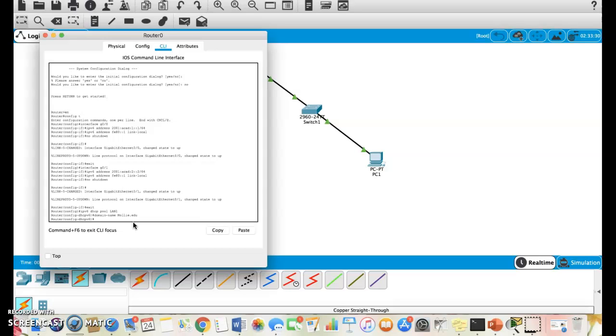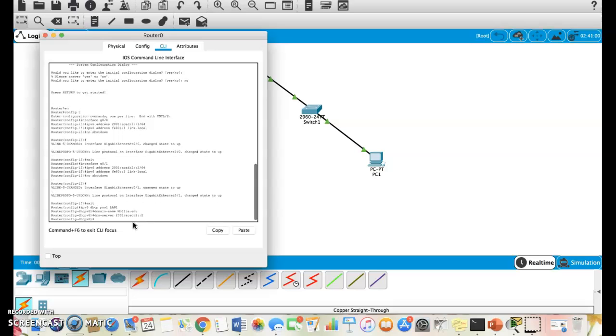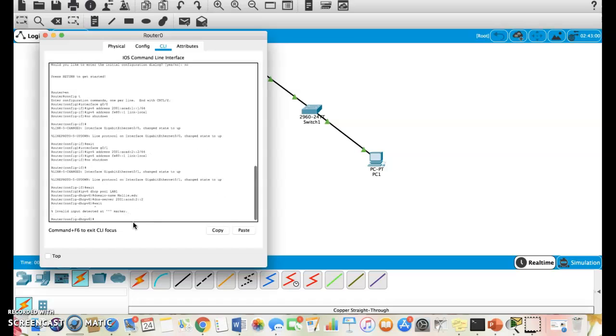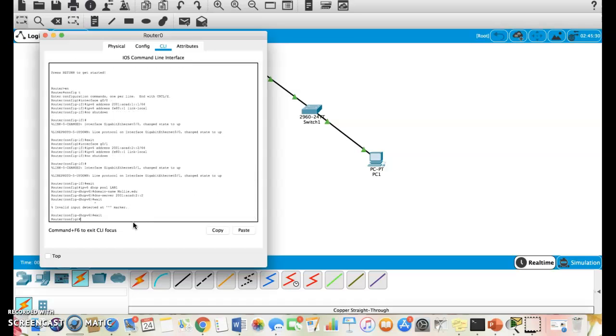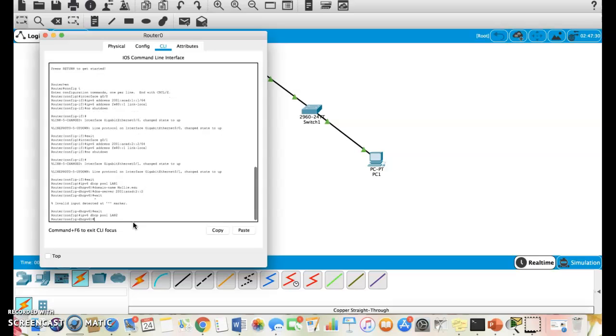And we're going to create our DNS server's IP address, and that'll be 2001:ACAD::2:2. Now we can exit out of this, and now we can do our GigabitEthernet 0/1. So we will just do the same exact thing, but we'll do LAN2,